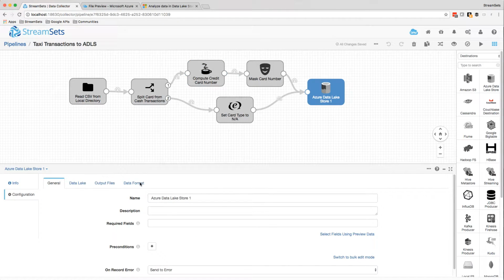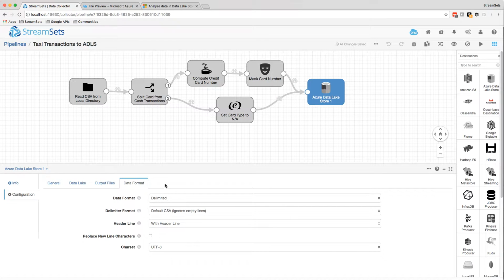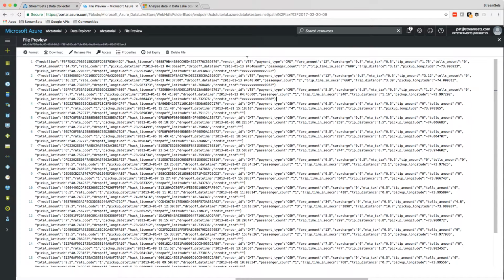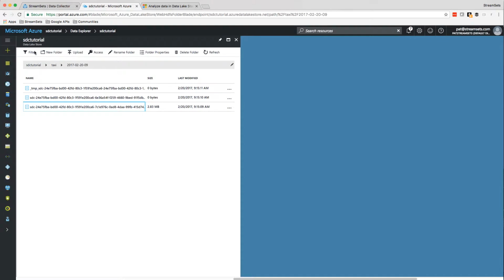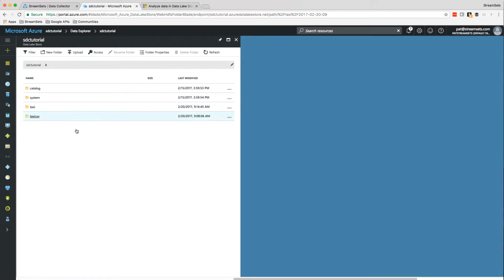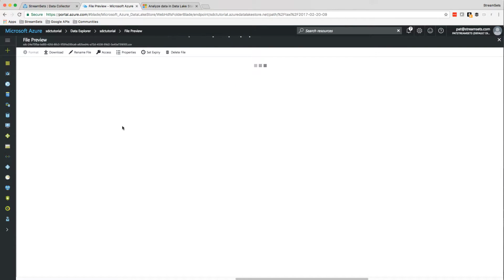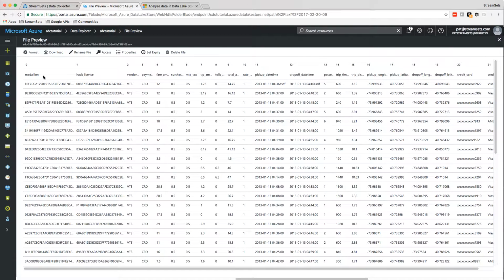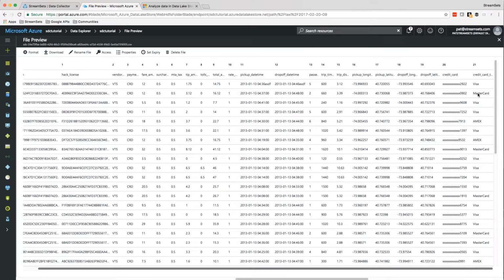But I'm still writing it to Azure Data Lake, this time in CSV, because that allows me to analyze it immediately. And I already did that, so let me go back here, find the CSV data. So I already did that in preparation, and I can drill into my data here. And the nice thing about CSV data in Azure, I can see it straight away in this kind of tabular format. And you can see there those credit cards nicely masked, and that credit card type that we computed in